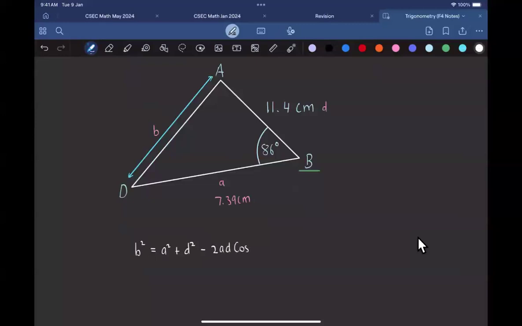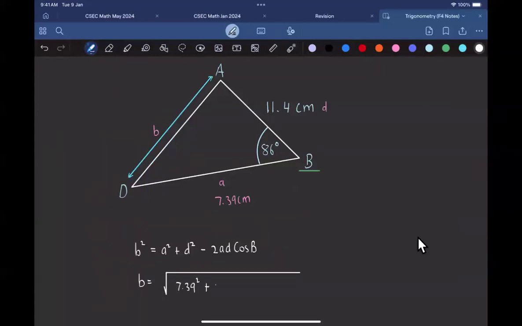Minus 2. Right. Cause 86 degrees. Let us plug in everything now. I jump straight to the final step. So we're going to square root one time, and that'll be 7.39 squared